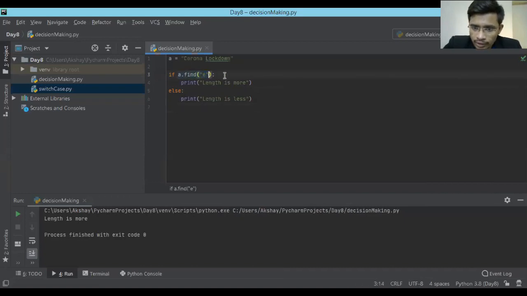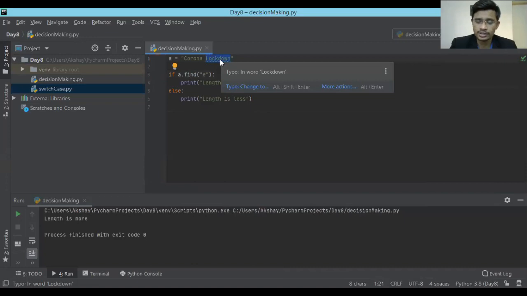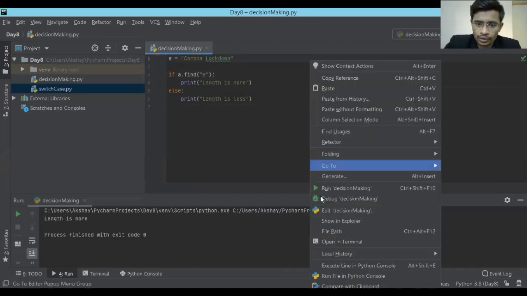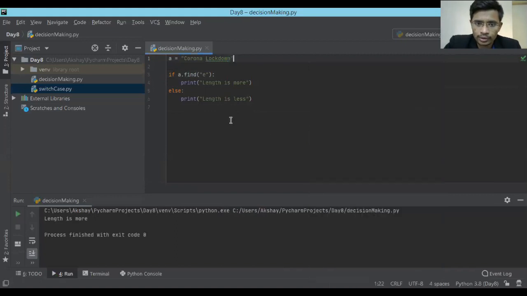Why is it n? What is n here? So n is the character. If you remember, I told you that you have to find a character in this string using a dot find or a dot index of something. Okay, if I do it like this, it is again giving me a certain value. It is not giving me null.